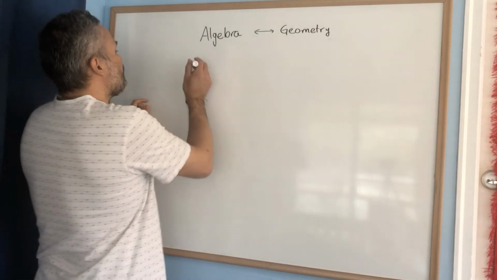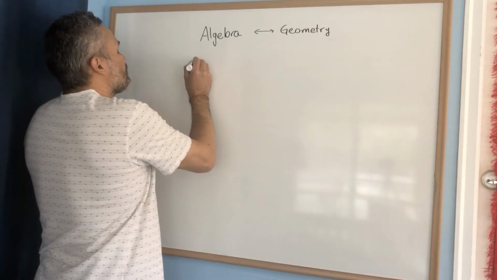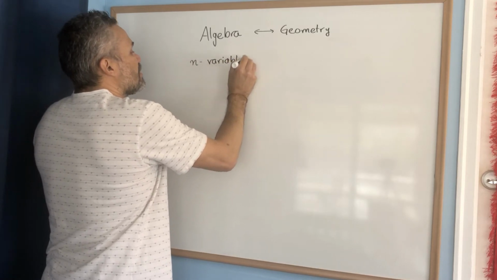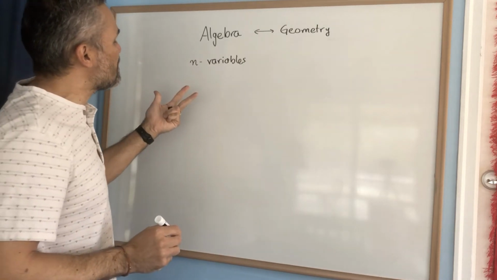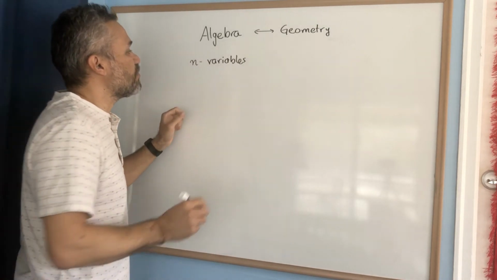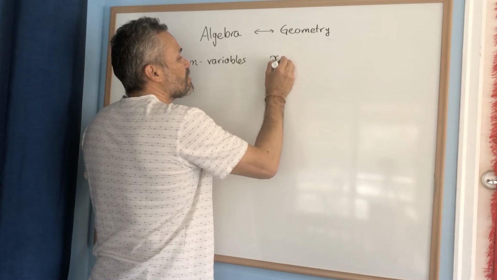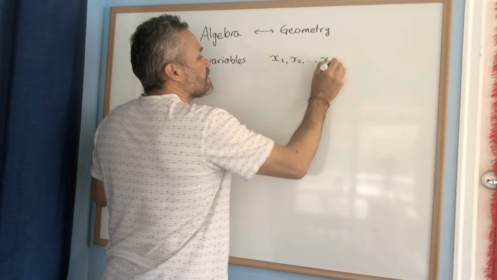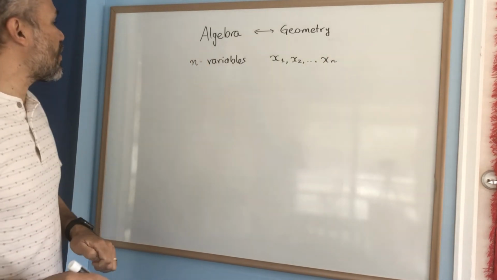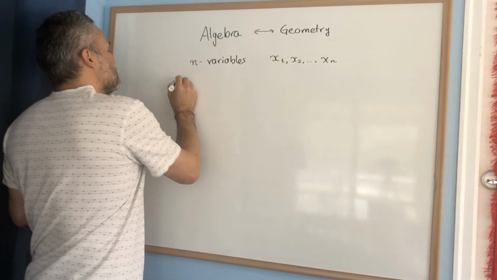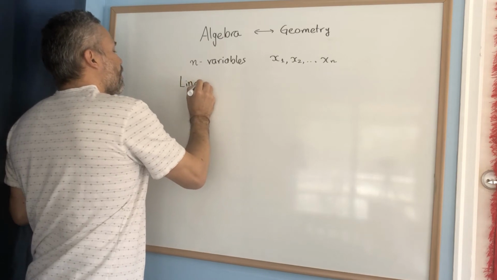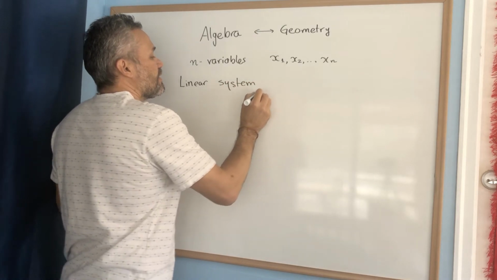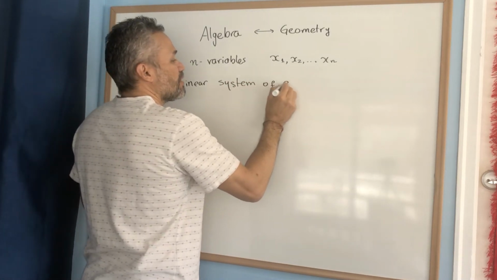First, we're going to be dealing with, let's say, n variables. I was using x, y, and z for 3 variables, x and y for 2 variables. But in general, for n variables, I'm going to think about x1, x2, up to xn. And we're going to say that a linear system of equations